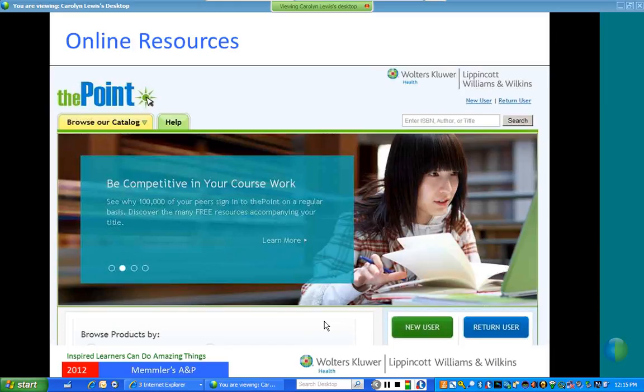Sorry about that. When your students get the copy of the new Memler, the inside front cover of the book, when you open it up, you'll find a code. And it's very easy to access. You go to thepoint.lww.com and you simply enter in 4 or 5 lines of information and create your own site within the Point. And you can do that literally within about a minute. Then they apply the code and they have instant access to everything that we're going to be taking